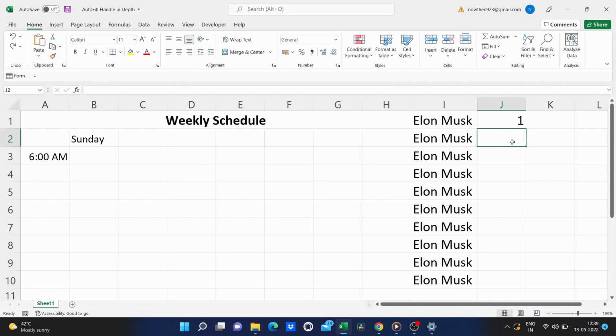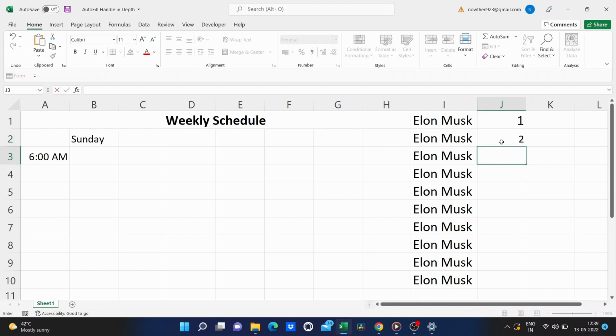So I can establish a pattern 1, 2, 3. And then I can click and drag to show Excel that pattern to identify it by highlighting this 1, 2, 3. Excel is smart and it's figuring out, okay, that's what she wants. She wants to continue that pattern. So now I use the autofill handle. Look at what it did. It extended the pattern.